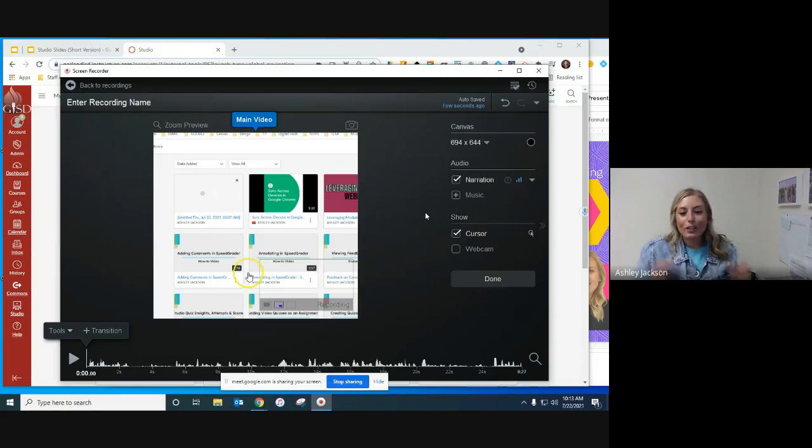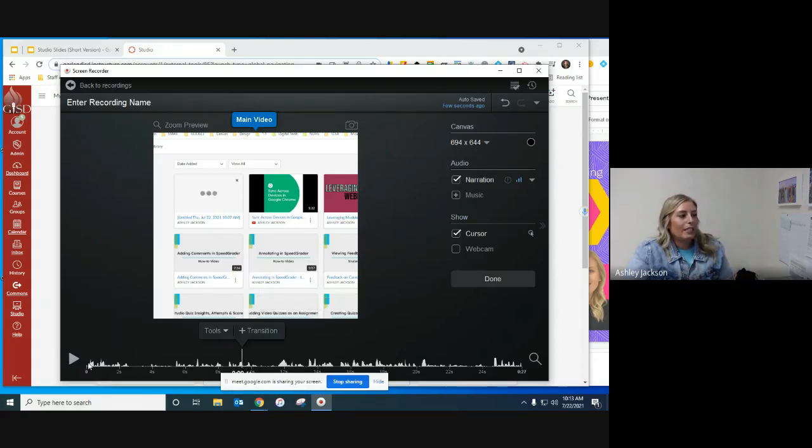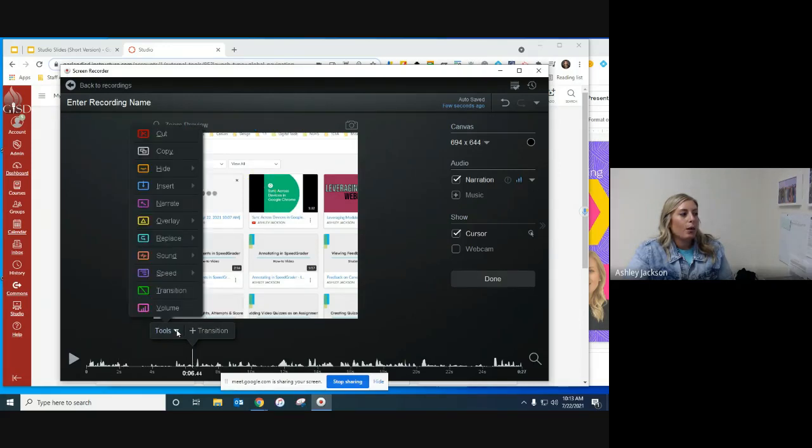So it'll be like it's never there and you don't have to worry about what you look like. So you have those options over here on the right-hand side. But then once you're on your video timeline down here, you have a lot more. So you can click anywhere within this video, and then you have this tools bar where you can actually change